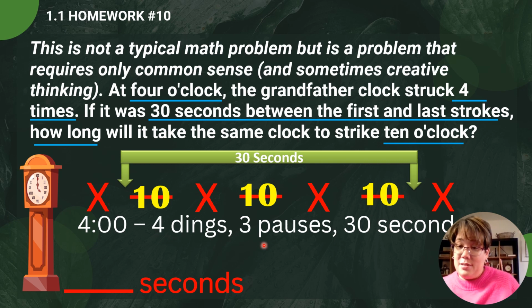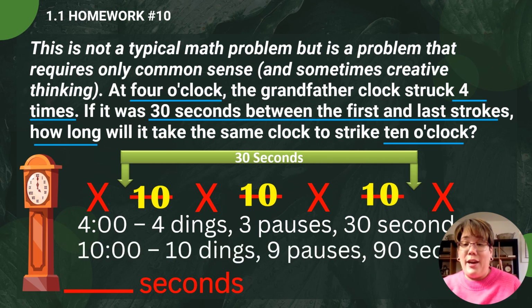9 pauses. Now, if it's the same clock, the pauses should be the same amount of time, I would venture to guess. So your pauses should be 10 seconds long, wouldn't you think? So you're going to have ding, 10 seconds, ding, 10 seconds, right? So you're going to have 10 dings, 9 pauses. How many seconds? Well, that means you're actually going to have